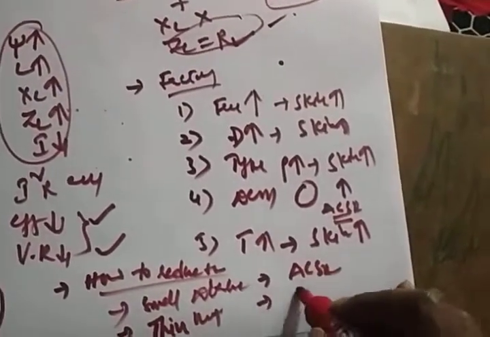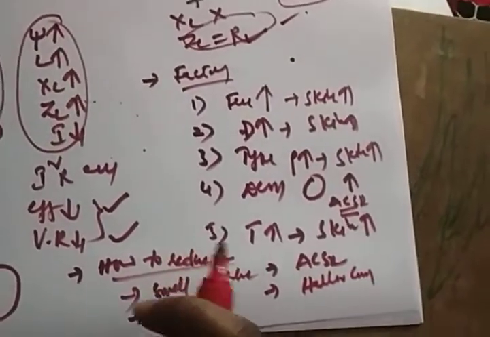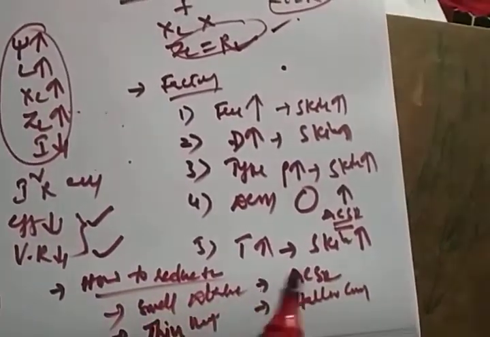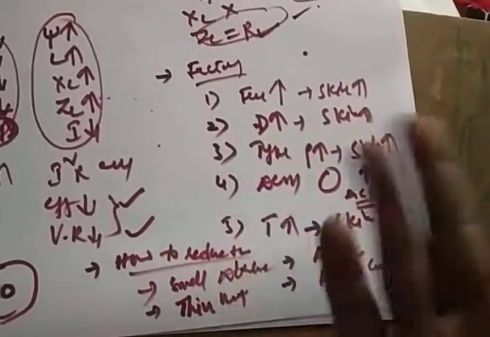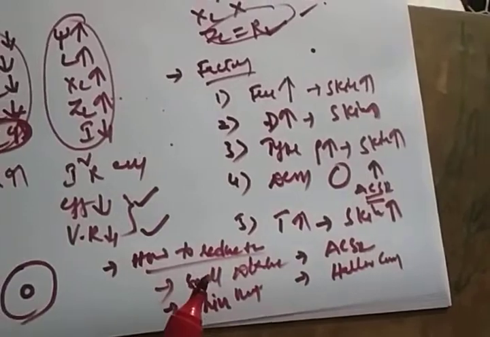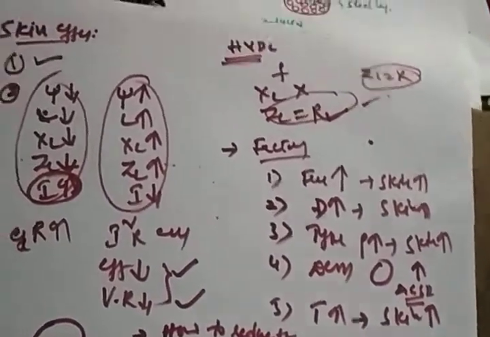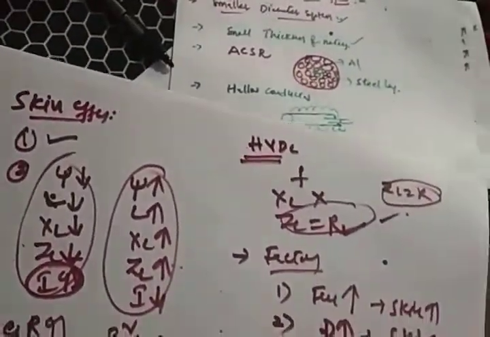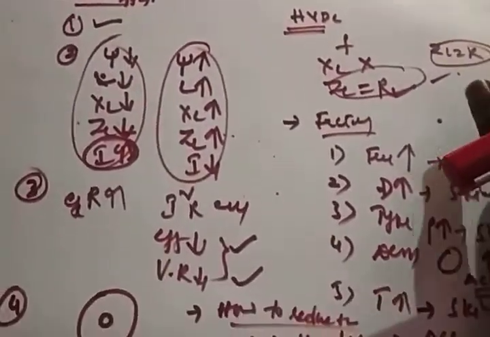And always use hollow conductors. Hollow conductors can be used in rail electrification of train-based transmission systems. So these are the things that we discussed till now regarding the skin effect concept in a transmission system.